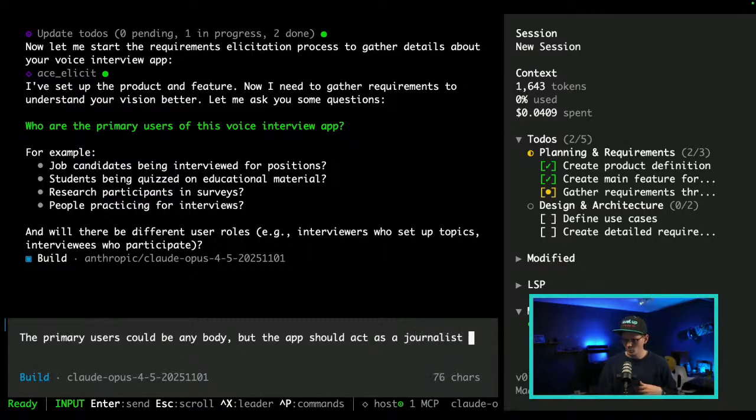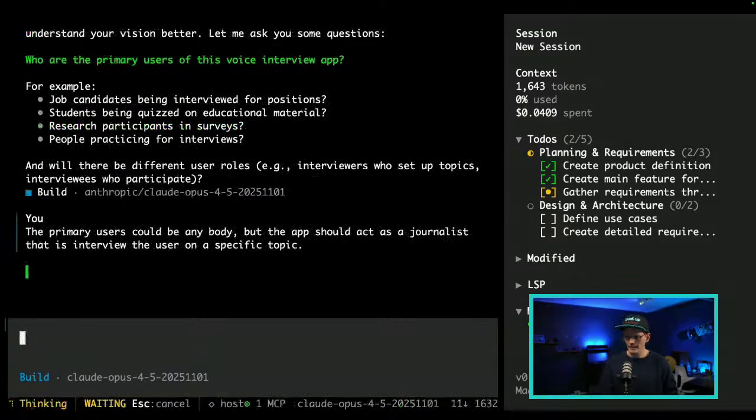And we can always make it more general from here. That is interviewing the user on a specific topic. Let's just stick with that.